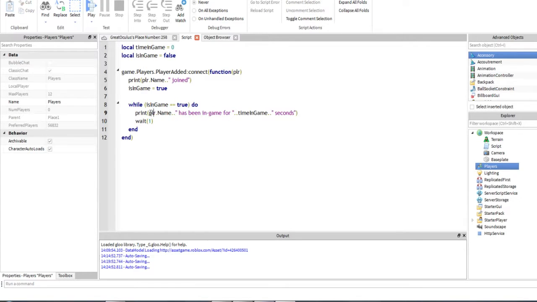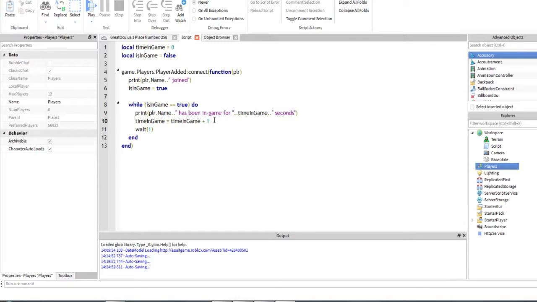You're saying print out the player's name and then print out with it has been in game for, and then print out with it timeInGame, and then print out with it seconds, okay? So it just connects a string to a value or variable. And if that doesn't make sense, like everything else in this, which I encourage you to remember, it will eventually. Don't get frustrated. All right, so for this to work, what we're going to have to do, right beneath this, we're going to take our other variable, timeInGame, set it equal to timeInGame plus 1. Now you might be thinking, can we just go timeInGame plus 1? No, you can't. Because what you have to do here, you're setting timeInGame, the variable, equal to itself